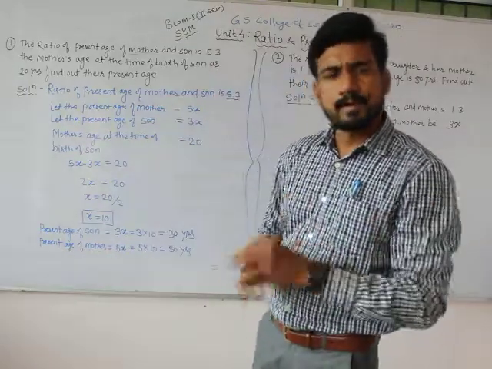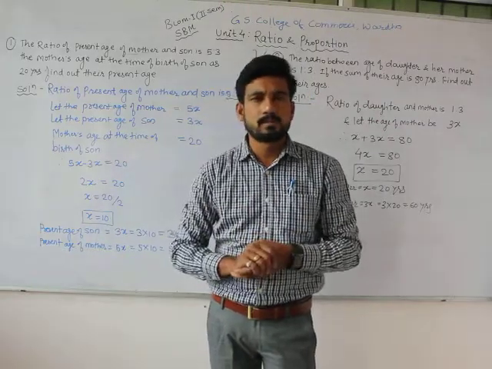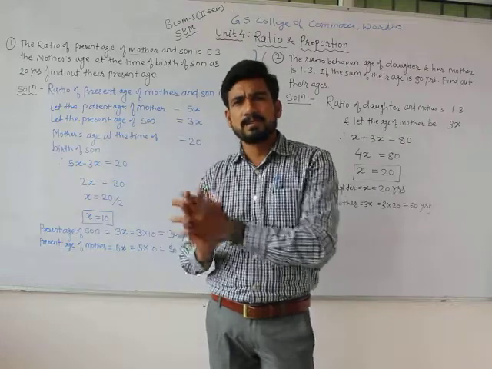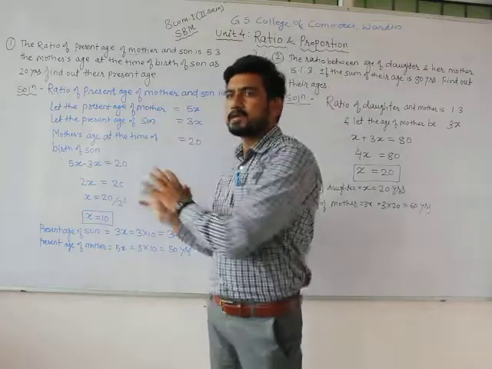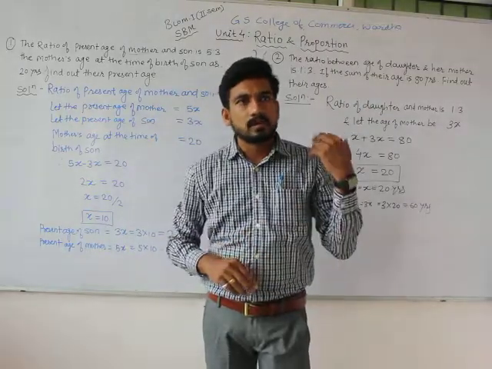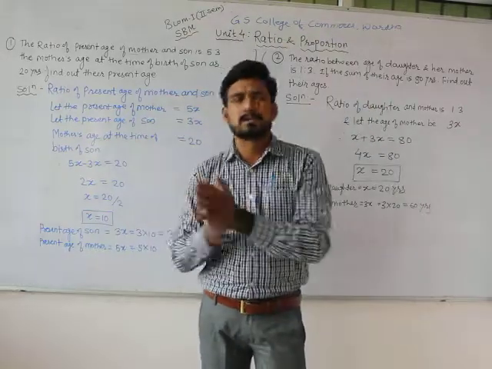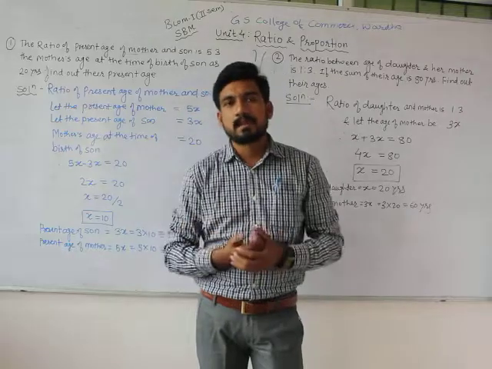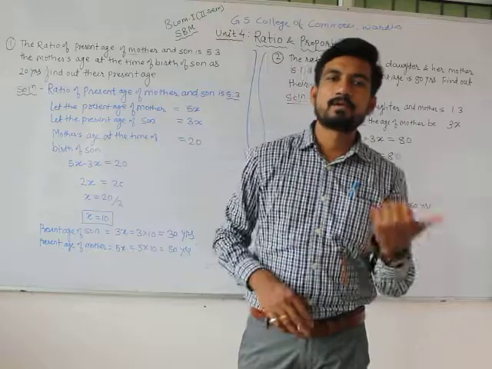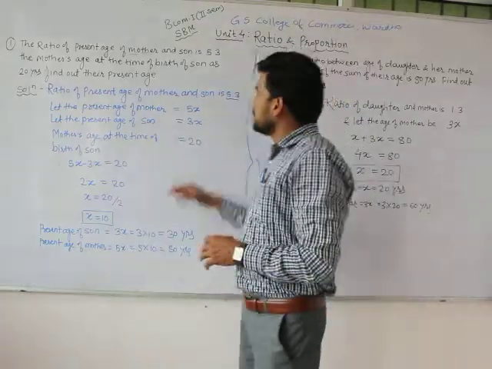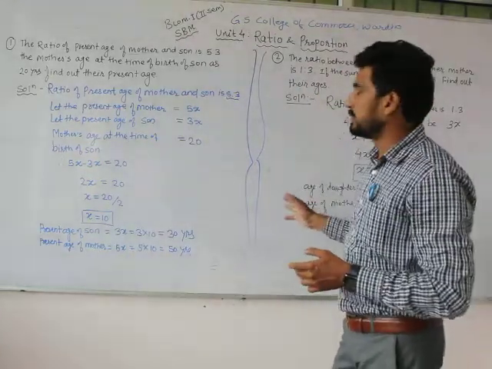In the last few lectures we finished the interest part of this unit number 4, that was simple interest and compound interest. It is simple mathematics, as I mentioned earlier in previous lectures also. This is not mathematics for science students, this is mathematics for commerce students, where we are concentrating on business activities where the mathematics can be applied. That's why it is called business mathematics. The same thing we did in the first 3 units, where it was business statistics. So in this unit number 4, the second part that we are starting from today is ratio